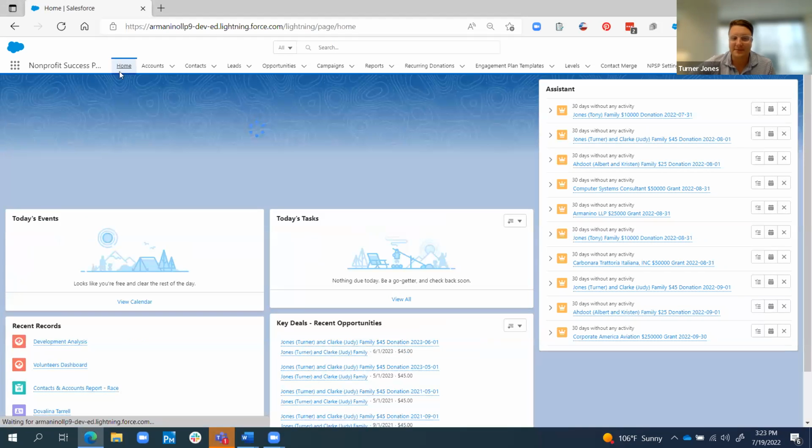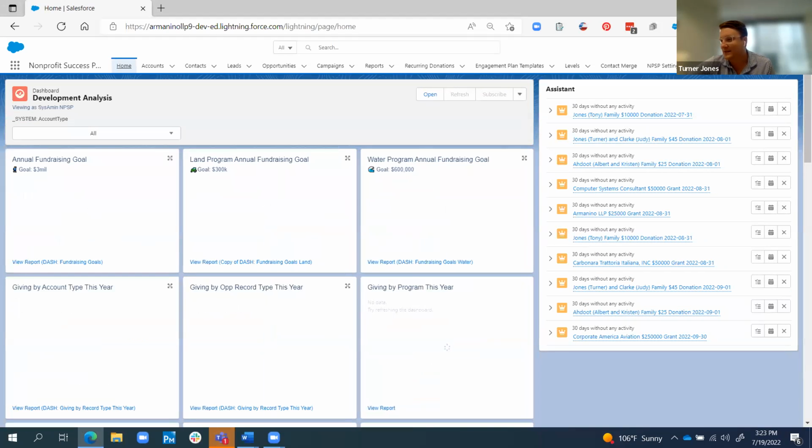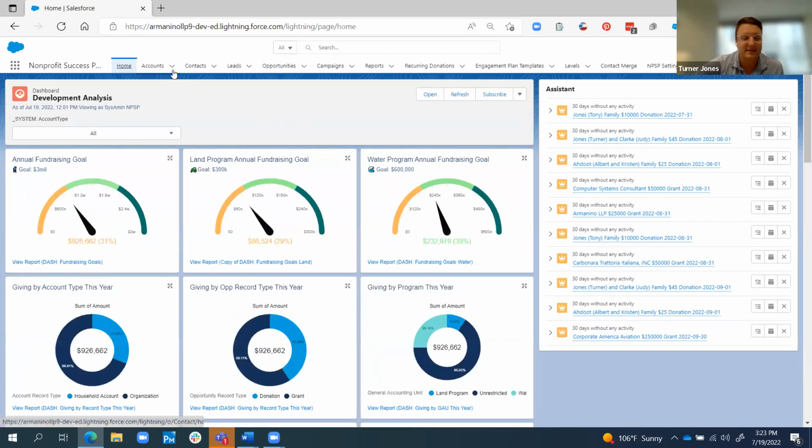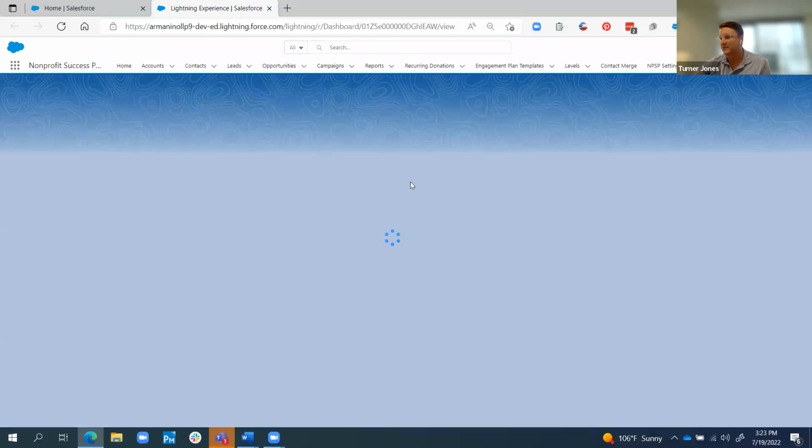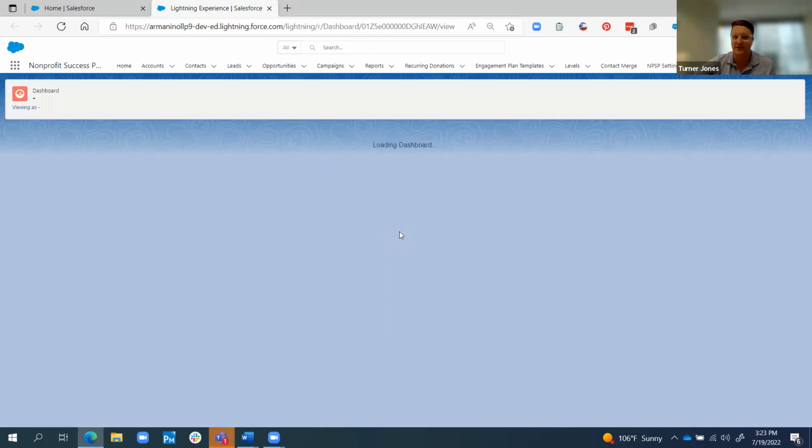All right, so we don't have a ton of time today, and I could probably talk about Salesforce for days at this point. So we're just going to walk through a few dashboards that we've thrown together. As Brenda mentioned, with NPSP you get the first 10 licenses free. And with those 10 licenses, there's up to 70 reports and dashboards pre-packaged that come right out of the box. So this is a combination of those pre-packaged dashboards and then some additional ones that we know are beneficial to this audience.